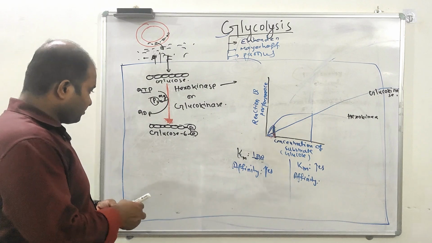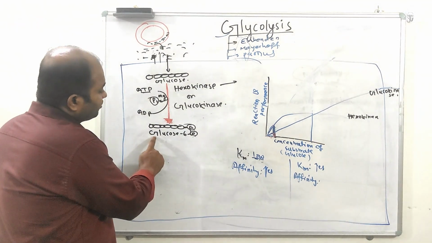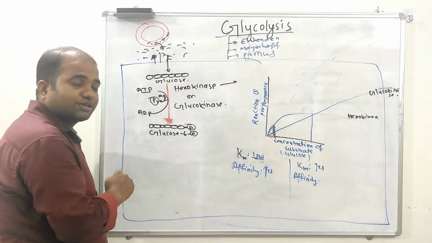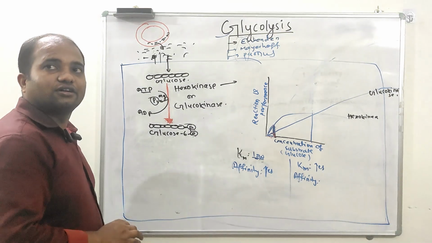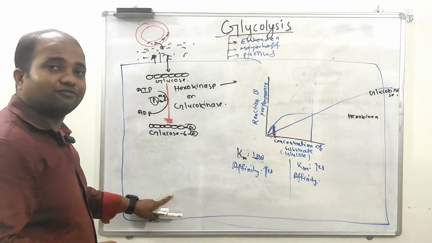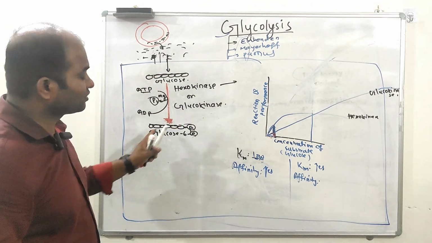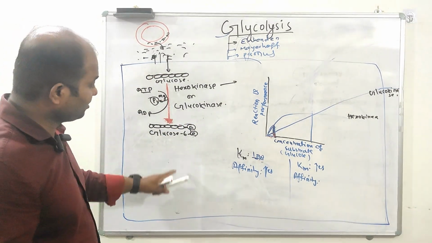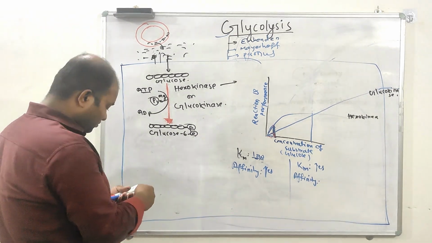So once the rate slows down, there will be accumulation of glucose 6-phosphate, right? Because the glycogen storage is already there, the forward direction will be at a lower rate compared to this conversion. So production of glucose 6-phosphate is more compared to its utilization, right? So this accumulation of glucose 6-phosphate